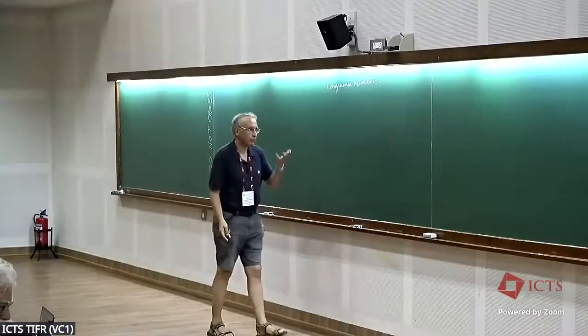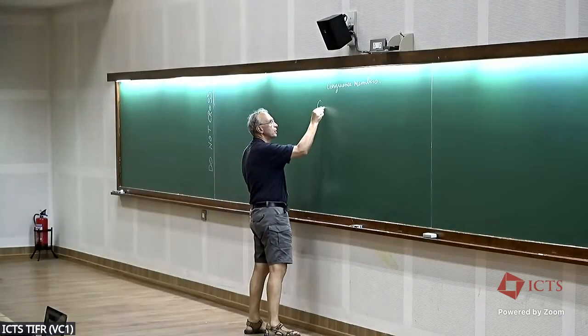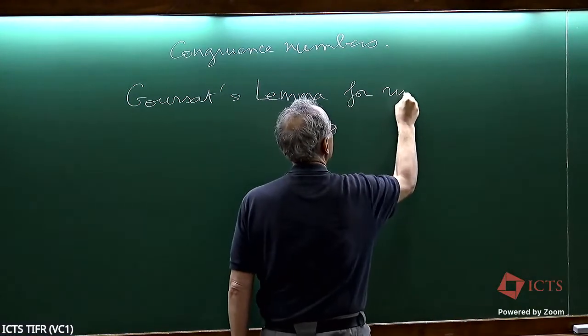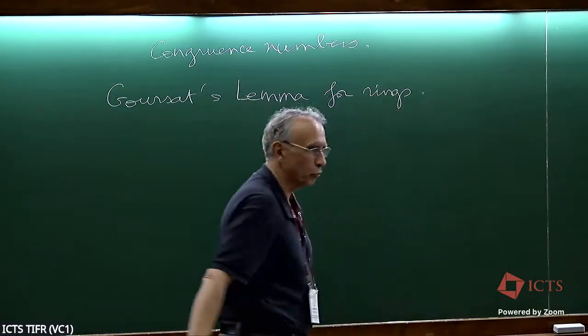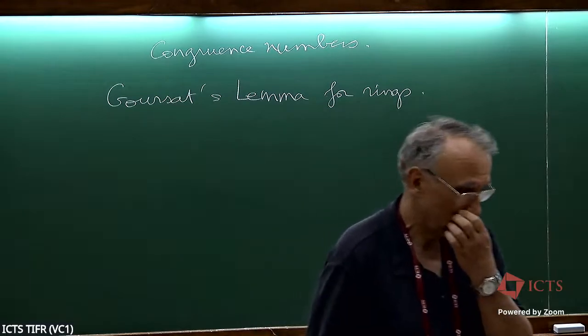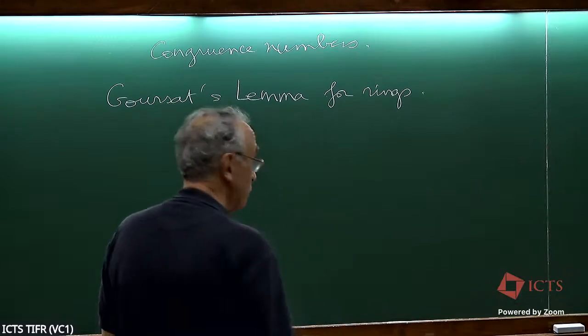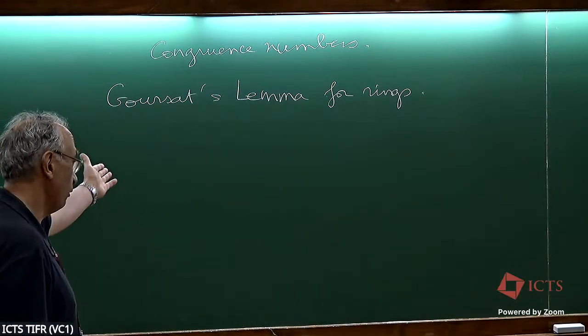So I state a lemma called Goursat's lemma. Here for rings, you know, Goursat was a student of Hermite. He was supposed to generalize the classification of Frobenius of finite subgroups of O3 to O4. And actually, O4 looks a little bit like O3. And so he had a lemma, which is the key for his thesis, which is here for rings, but it's